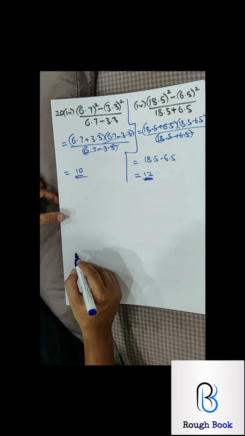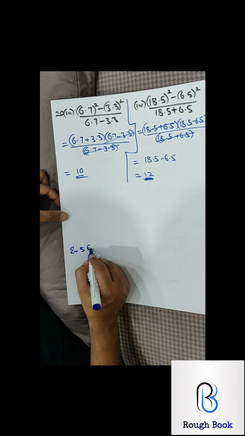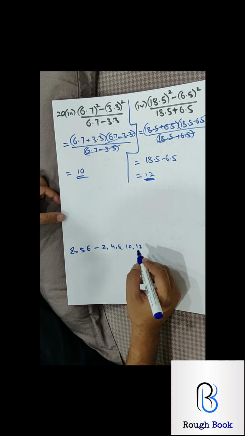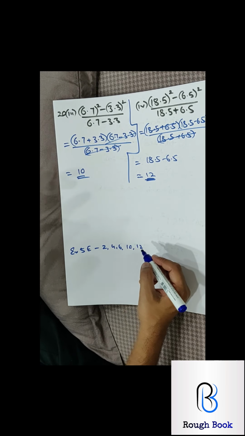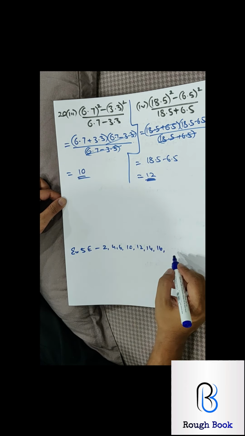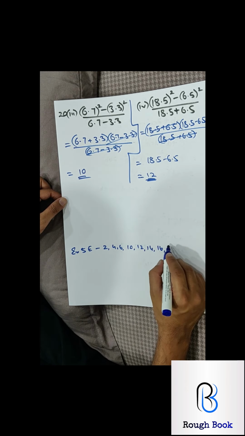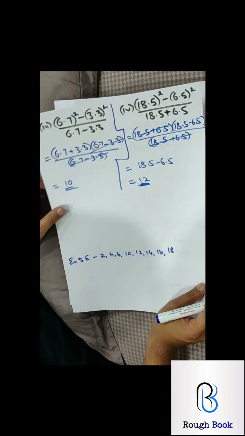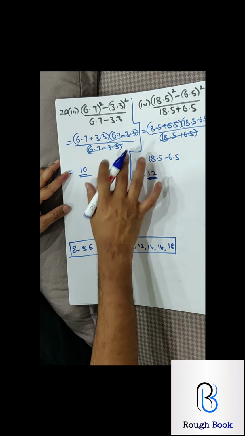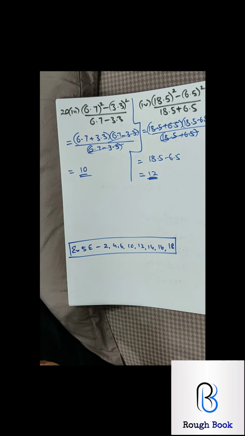Simple. Okay, your homework: exercise 5E, 2, 4, 6, 10, 12, 14, 16 and 18. Yeah, 18. The last one we did was 19 and 20. Correct. So 18. That should be your homework. I want you to solve these sums separately. The sums you are doing with me in this video are for your notebook. This separately as your homework.